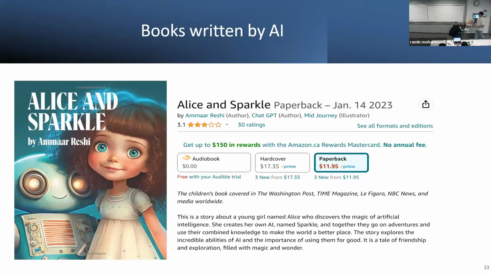And next come the books written by AI. At some point it got popular that some books became bestsellers on Amazon, written by ChatGPT, and it got to the point that it got out of control. And now Amazon is removing any books that are written by GPT types of models or AI because of copyright. Because whatever information this model generates, the content comes from someone else's data from the internet, right? Which is a great thing also to talk about as part of ethical AI, which is that